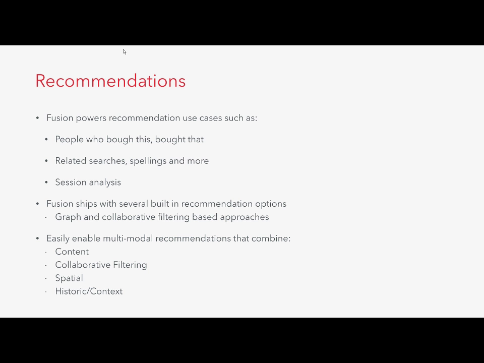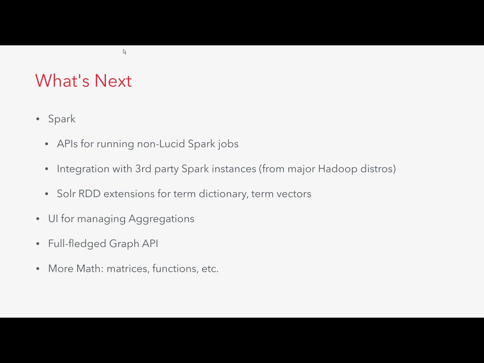So with that, a quick look at some of the things that are coming up in Fusion. Rest assured, we're working really hard to get our next version out. We just, in fact, released Fusion 1.4, and that's what I've built this demo on, but we're hard at work on new things. So, for instance, with Spark, you'll have the ability to run non-Lucid Spark jobs. You'll be able to submit any Spark job that you want. You'll be able to integrate with third-party Spark instances. So, for instance, we're partners with Hortonworks and MapR and Pivotal and others, and you'll be able to leverage their